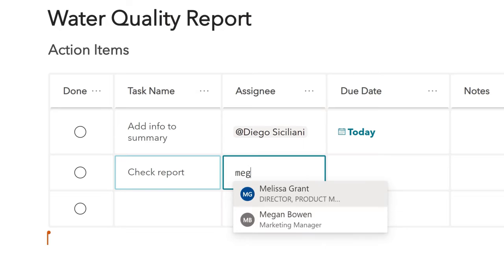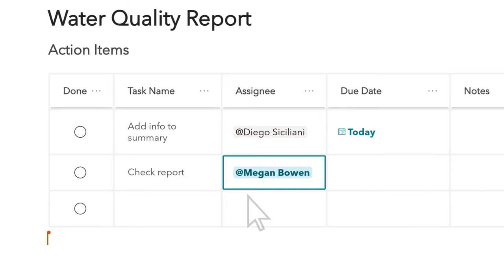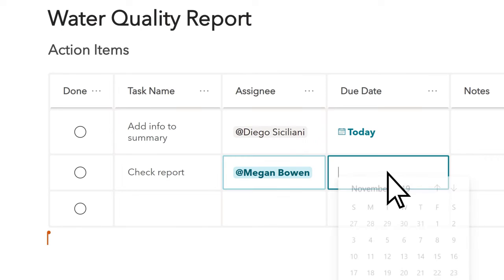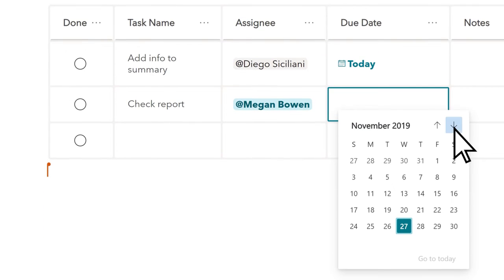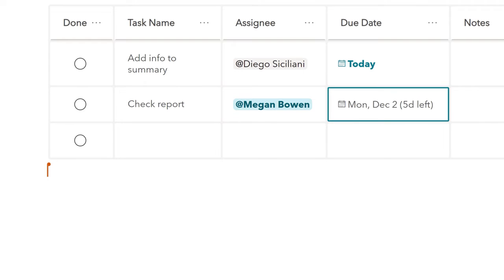When you mention yourself or someone mentions you, your name will be highlighted and bolded so you can easily find the part that is relevant to you. To make sure you accomplish your goals on time, you can choose due dates for tasks. Fluid has a built-in calendar countdown. It will automatically update the date as the days go by, making it easy to keep track of upcoming deadlines